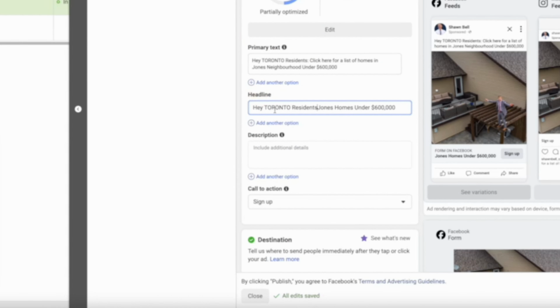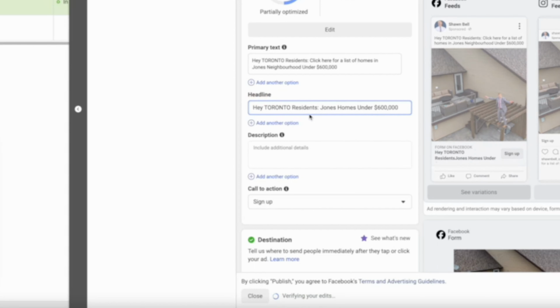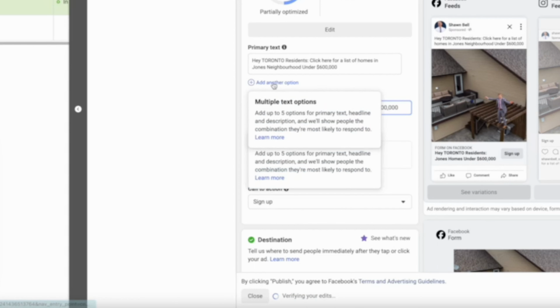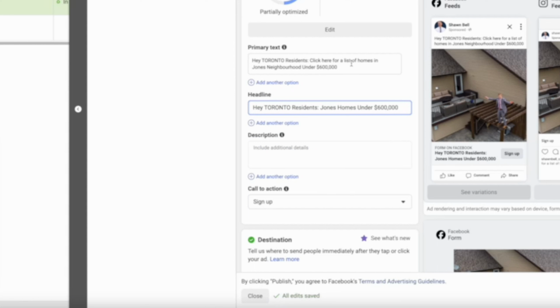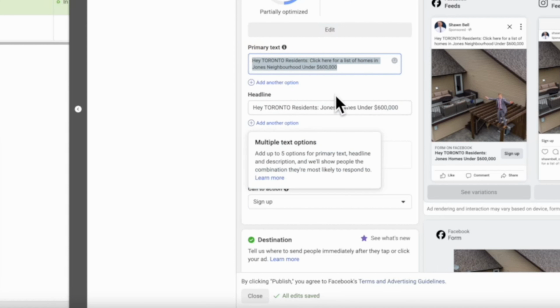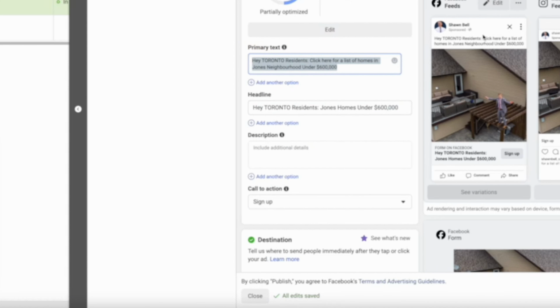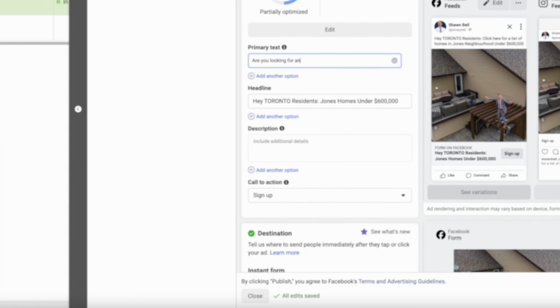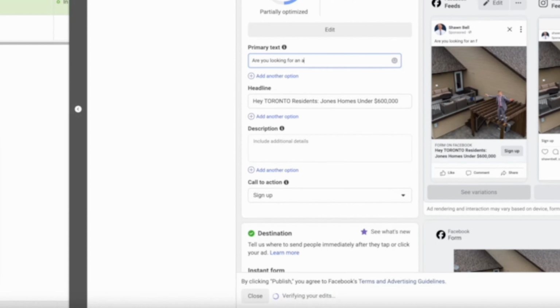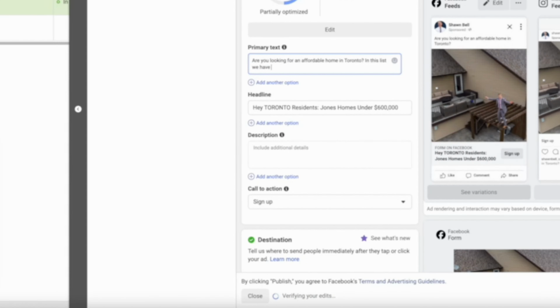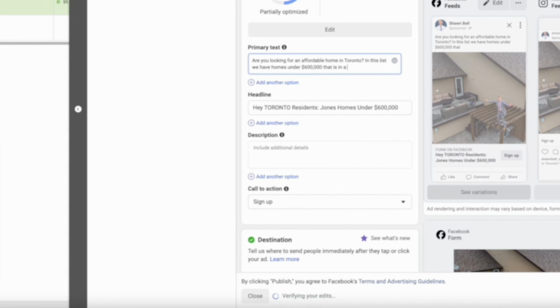I don't always go into Ads Manager anymore, so it's been a little bit. Here we go. There we go. That calls out to them. Your primary text is what I was talking about, is more the description. So that's going to be a long list. So you could say our